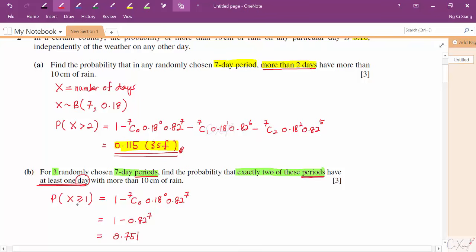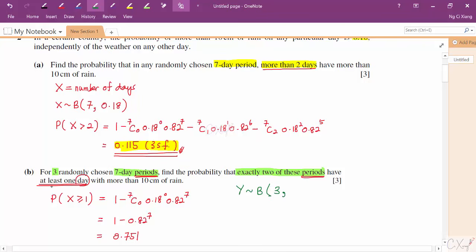Alright, so after we found the probability for at least 1 day with more than 10 cm of rain, now we come back to the focus here, where we are having 3 periods, and exactly 2 of these periods something happened. So again, for this structure, what you can see is it is still a binomial distribution. So I'm using y now. Just now the x is the number of days, and y I try to denote it as the number of 7-day periods. Right, so when I'm having y, also binomial distribution, we are having 3 randomly chosen 7-day period here, so n equals to 3,